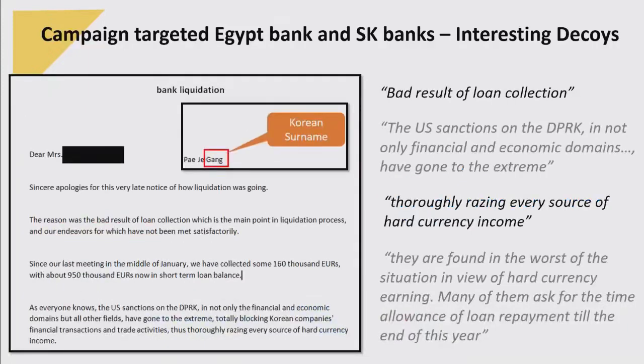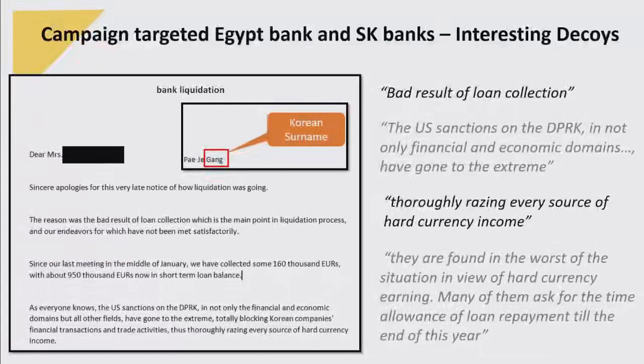And this is the content of the second decoy file. This is an email written to the targets. Based on the last sample, this should be written by, or forged as the identity of, the old bank in North Korea. The email subject is bank liquidation, and this email is a little bit long, so I just picked a few interesting parts. The email first apologized for the very late notice of the liquidation going on, and the writers say